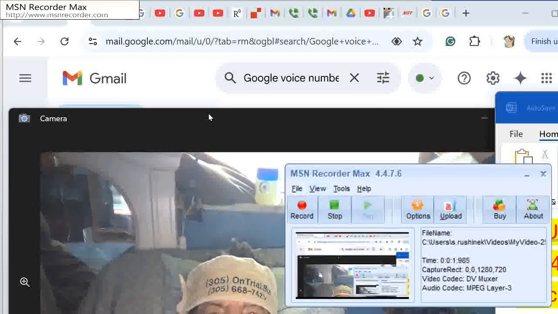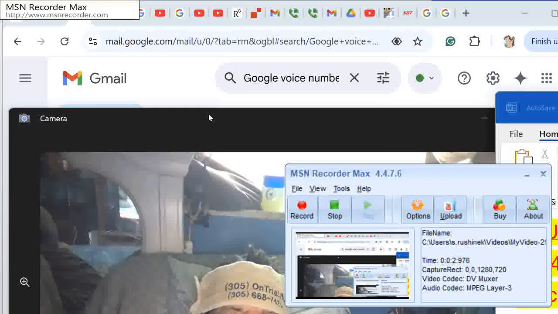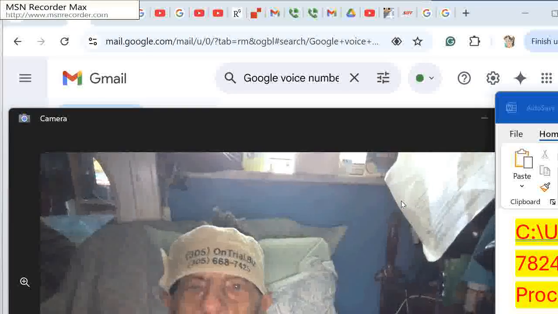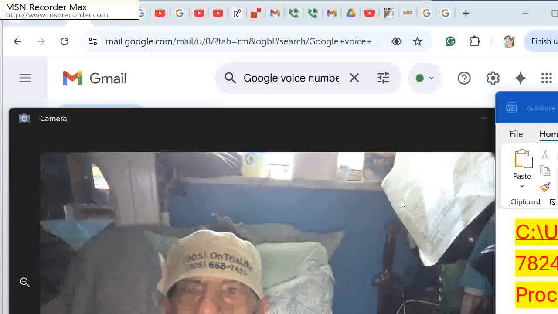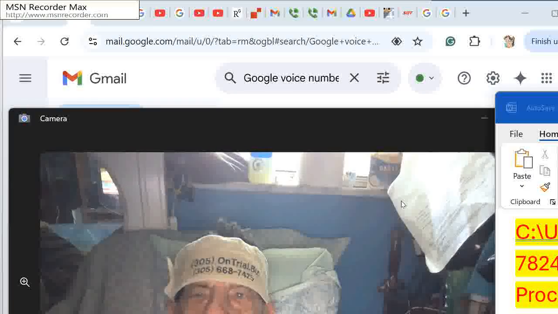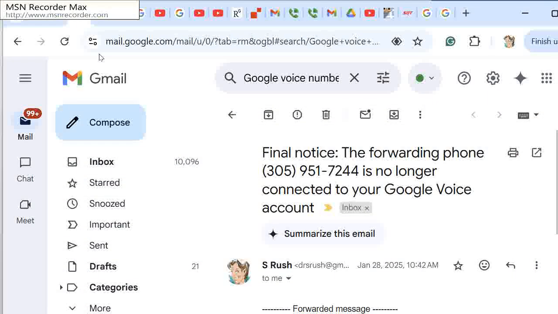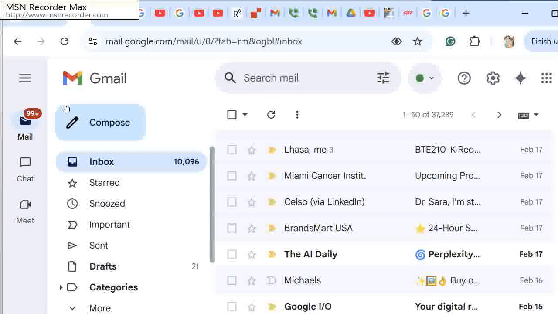A notepad is a screen recorder, and I'm setting it up in the right lower corner of the screen as I'm going to the Gmail to look at the message. So I'm going to the inbox, and then I search for Google